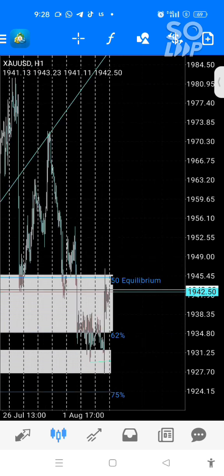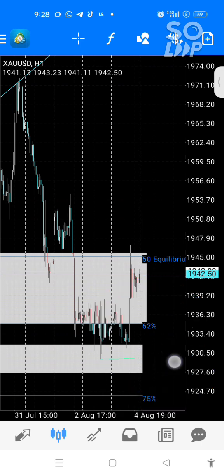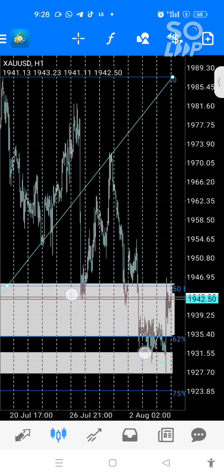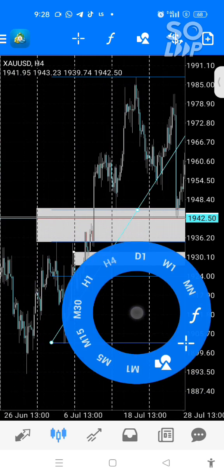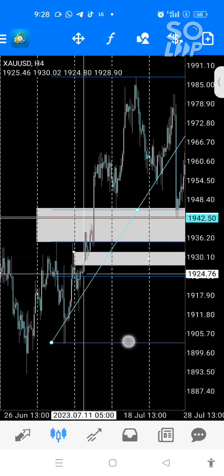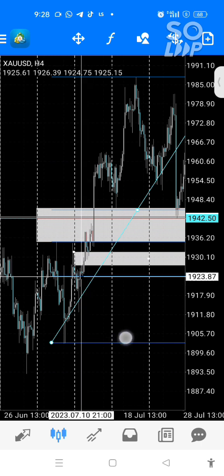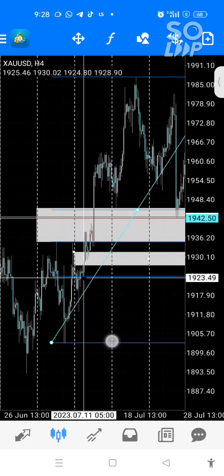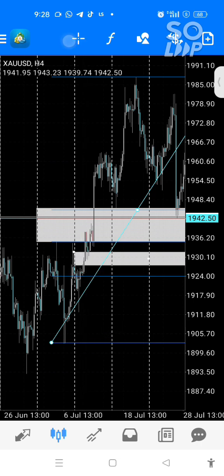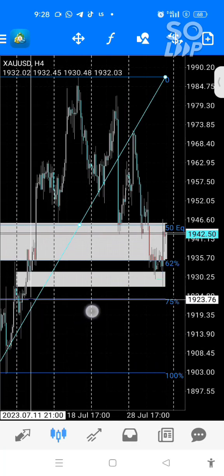Now, the only thing you need to do is to see what level you can pick an entry that will suit a better stop loss. Now, this is where you have to reduce your time frame. If you can't, you can just go to H4 and see. Now, I said something about this low the other day, that this will be my invalidation area. I so much trust this low that once they come below this low, it means this setup has failed. I trusted this low to be my stop loss. To you, that stop loss may be too high,